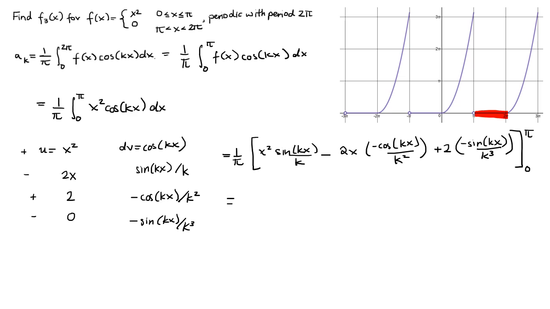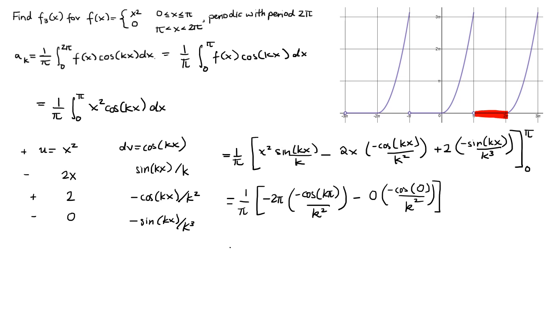So we can simplify this down to be 1 over pi times negative 2 pi times negative cosine of k pi over k squared, minus, so the only term left over is the cosine one, but when we plug in 0, we get 2 times 0 times the negative cosine of 0 over k squared. And so our AK is equal to